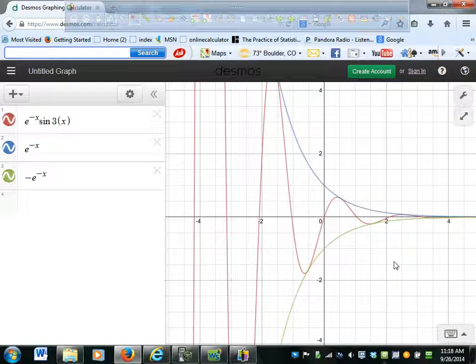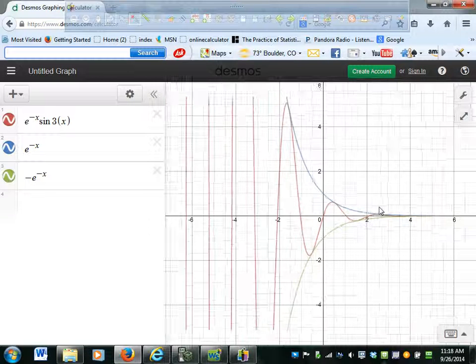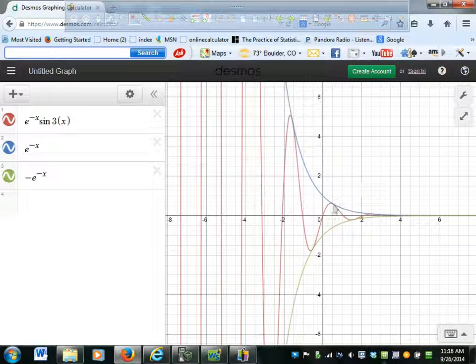Is that in terms of pi? Is that radians or is that pi radians? I'm not sure. Okay, but in any case, you can see again that if I click on this point,